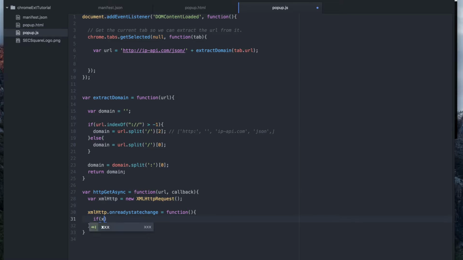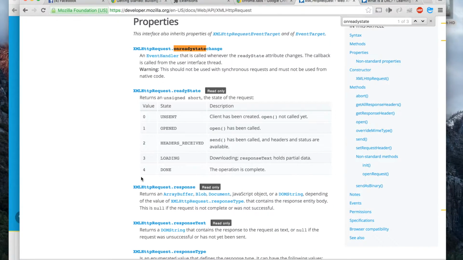So we're going to say if XMLhttp.readyState equals 4, which was done, and XMLhttp.status equals 200. So what status is,